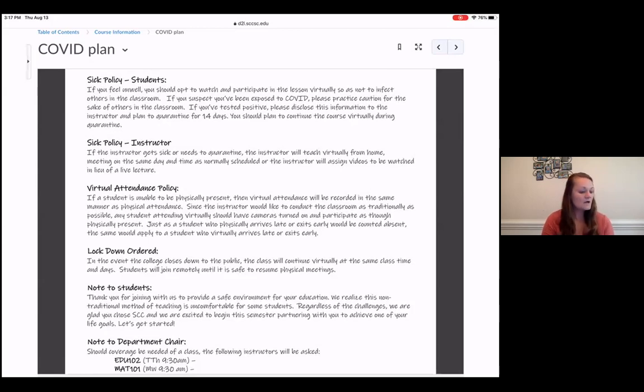Another thing that I want to kind of hit on is please stay home. I can't emphasize it enough. It really is just for the safety of all of us. We don't want to see a situation like March happen again. So if we can avoid that at all possible, the least amount of people on campus, the better.